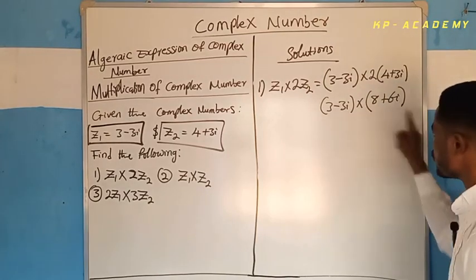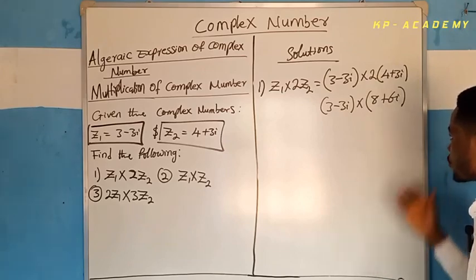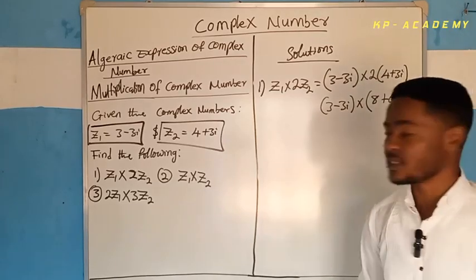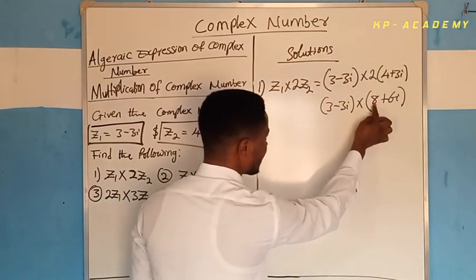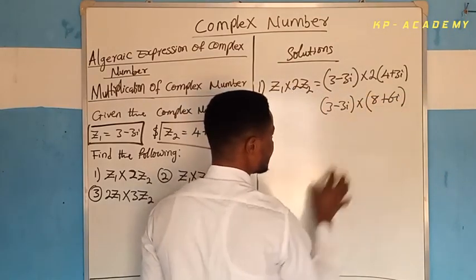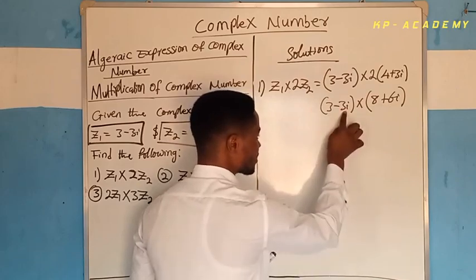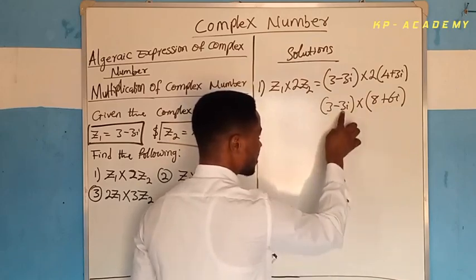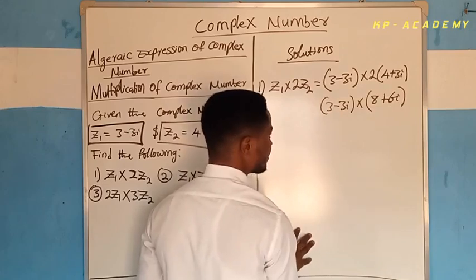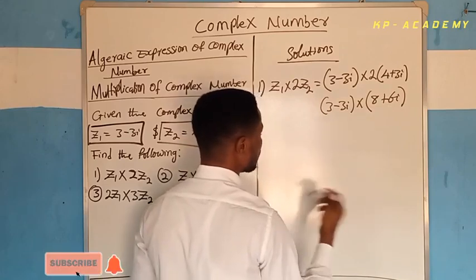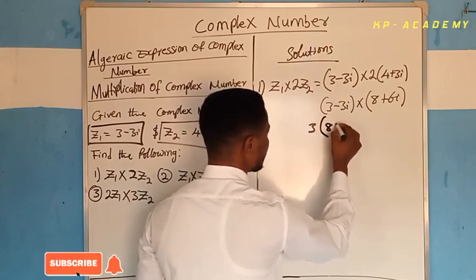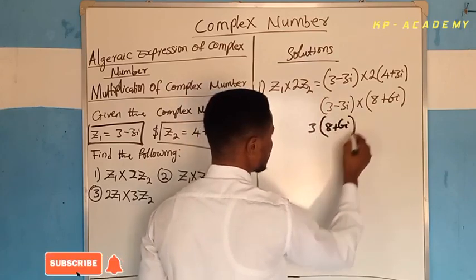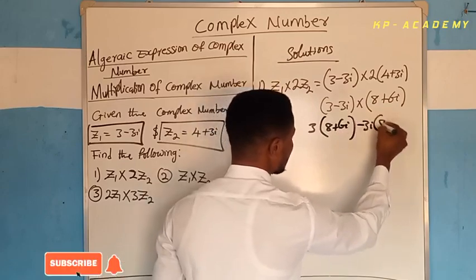So at this point now, I'm going to multiply out by means of expansion in mathematics. This 3 will multiply this 8, and this 3 again will also multiply this 6i. Next, this minus 3i will multiply this 8, and again this minus 3i will also multiply this 6i. Very, very important. So the way I can put it now is that this is 3 into 8 plus 6i, again minus 3i into